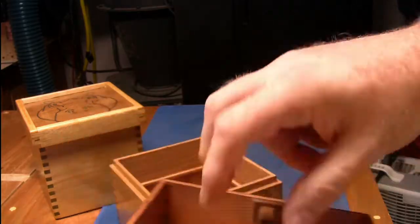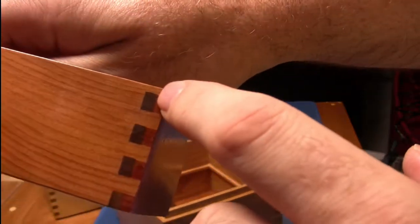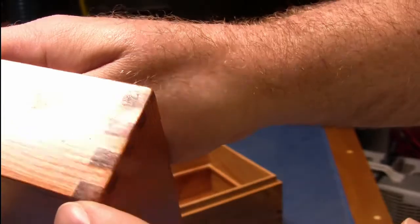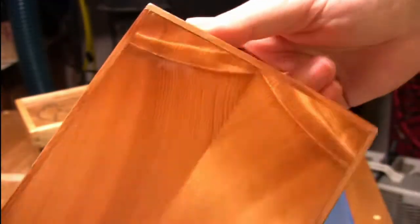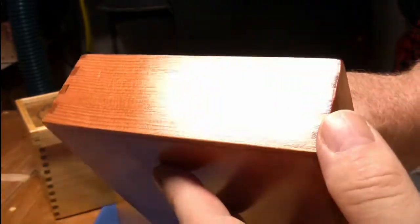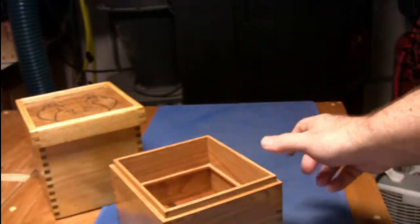So my solution was to measure, and you can see I left gaps, and then I just filled it all in with walnut. So it came out really cool. So it worked. But I had to leave gaps that I then filled in. But this also came out really cool. And this one,